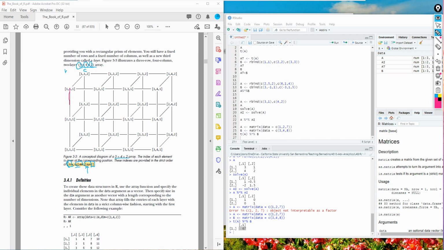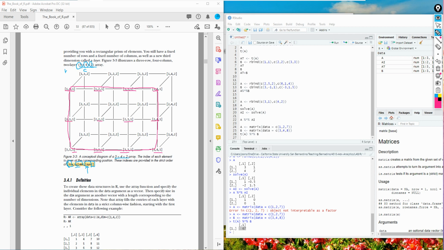I'll show you. This is the first layer, and these are the elements of the first layer.